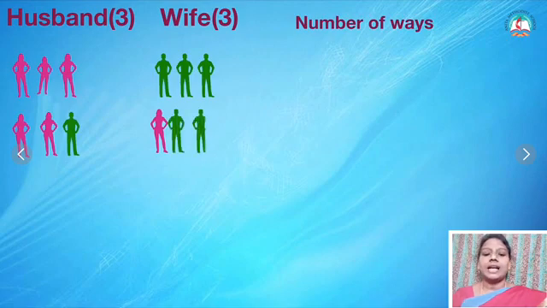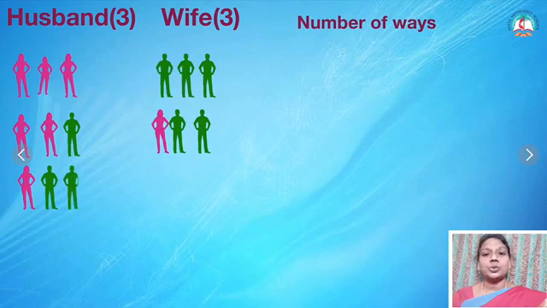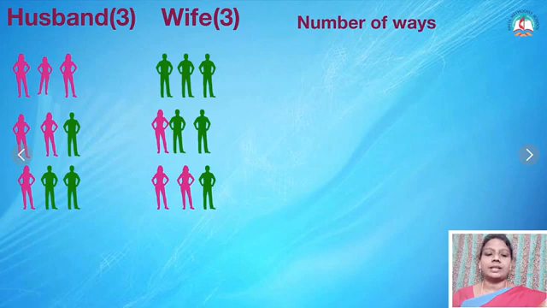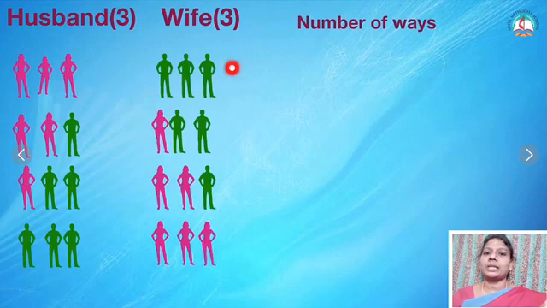Is that clear? Now you reduce here because only 3 persons are allowed: only 1 lady is selected and 2 gentlemen. On this side, 2 ladies have to participate because there must be 3 ladies and 3 gentlemen. Already 2 are selected, therefore only 1 gentleman will be there. Now, what is the last possibility for the husband? All 3 are gentlemen. Then the wife has to select all 3 ladies. So only these 3 possibilities. Apart from that, there is no other possibility.